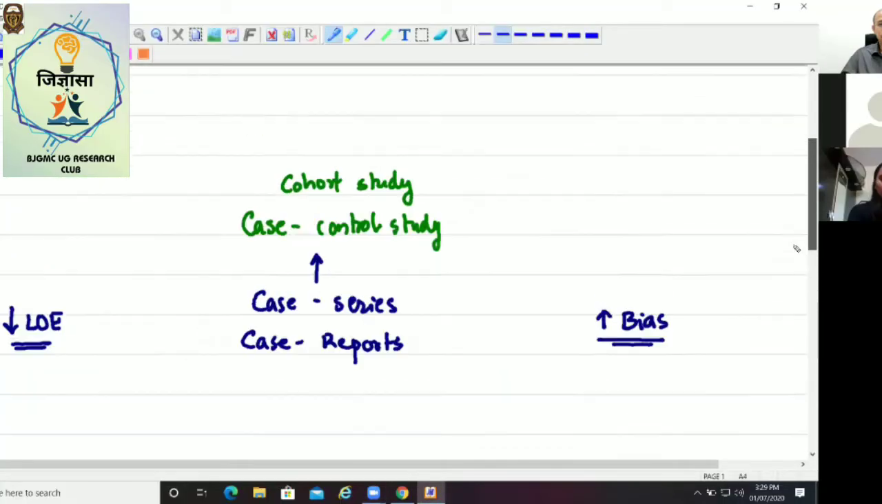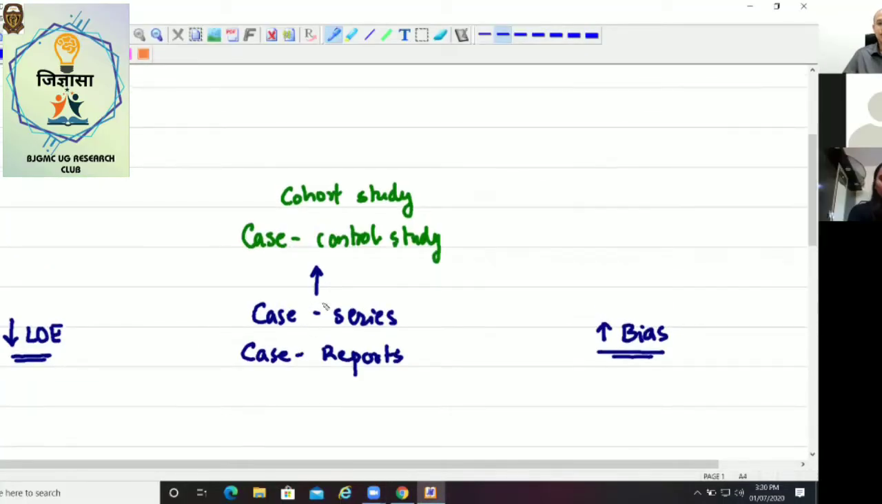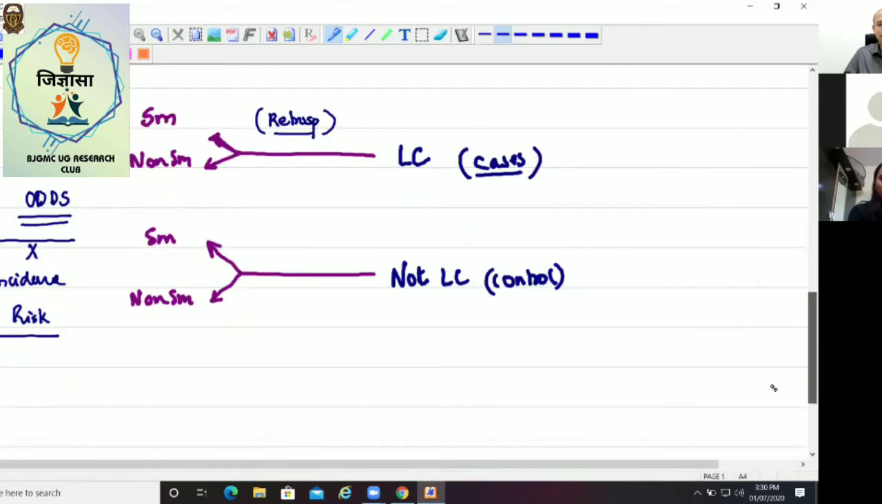So please make a note of this. Again, compared to case series and case reports, this is going to have a lesser bias. This will be a better level of evidence, but this is not the best level of evidence. So if you see a study which has been published and that study says that the trial design was a case control study, or that study reports itself in forms of odds ratio, you have to remember the question is,